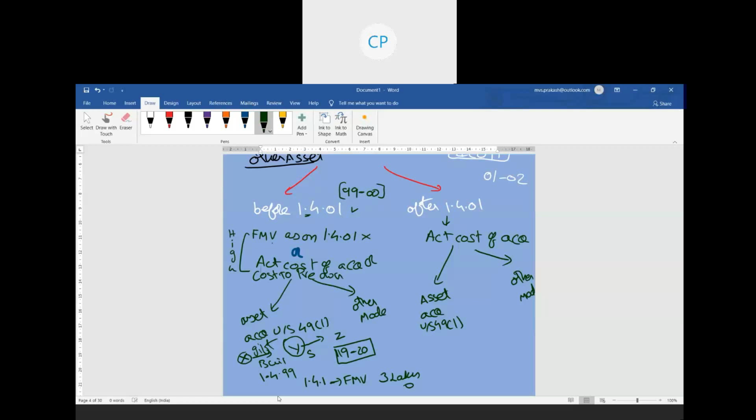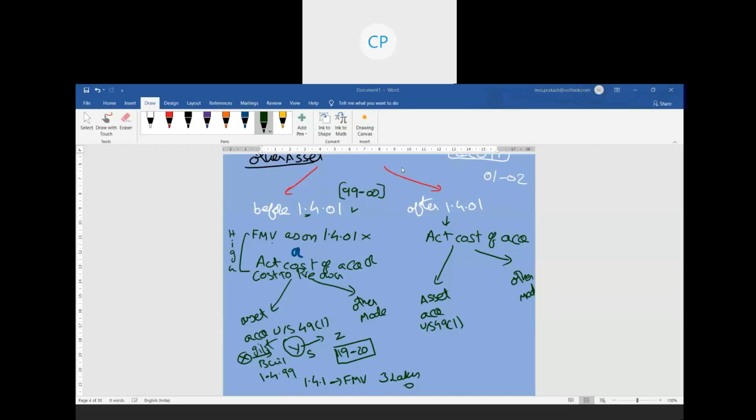So what is X? In this case, if you are purchasing the asset, then it is the actual cost of acquisition. You are not purchasing the asset, you are getting that asset under 49 subsection 1. Then my cost of acquisition is 0, but what does the Act say? Cost to the previous owner, the cost at which X purchased it. Suppose X also did not purchase it, and X's father gifted it to X. His father could have purchased it at one point of time, and that cost will be considered. That cost or fair market value, whichever is higher, will be considered as your cost of acquisition. Is it clear? Fine. So that is the first part.